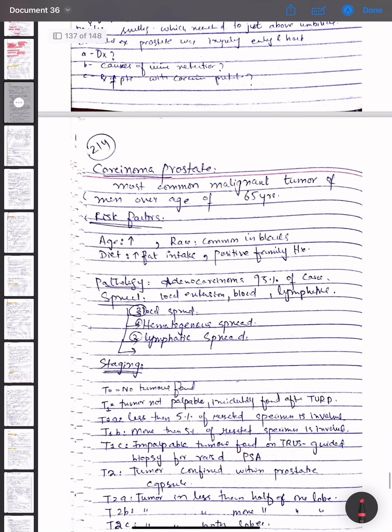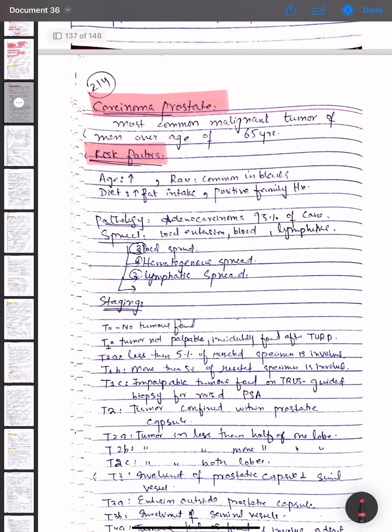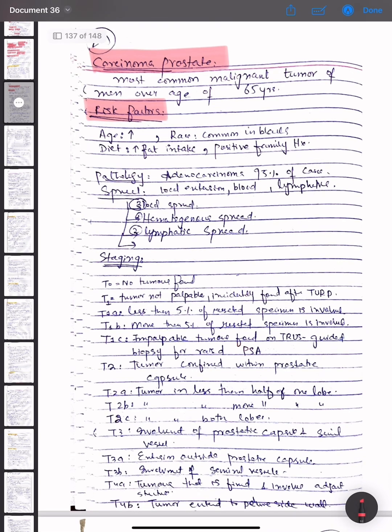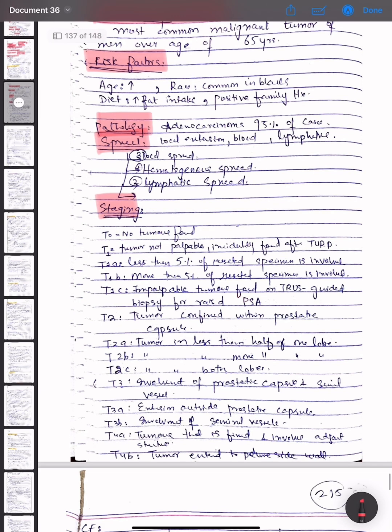Carcinoma prostate is the most common malignant tumor of men over the age of 65 years. The risk factors are age, race, being common in blacks, diet, and positive family history. The pathology is that adenocarcinoma occurs in 95% of cases. The spread is through local extension, hematogenous spread, and lymphatic spread to lymph nodes. The staging is for tumor